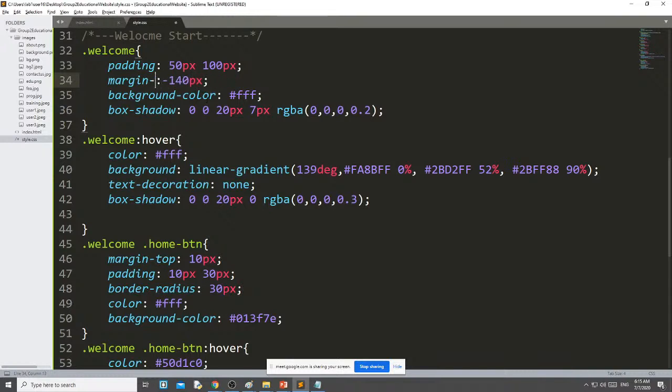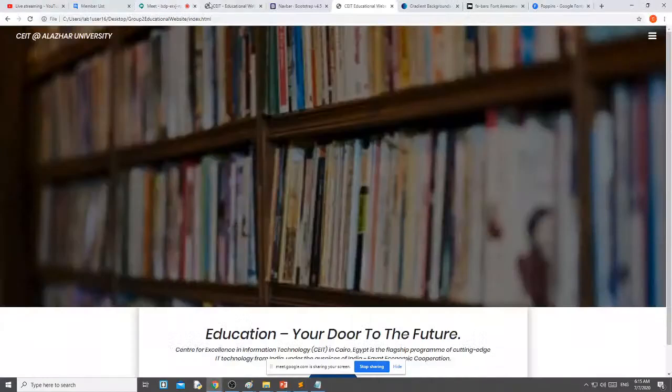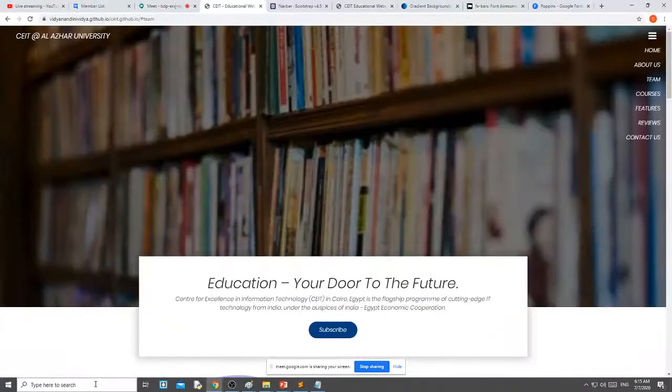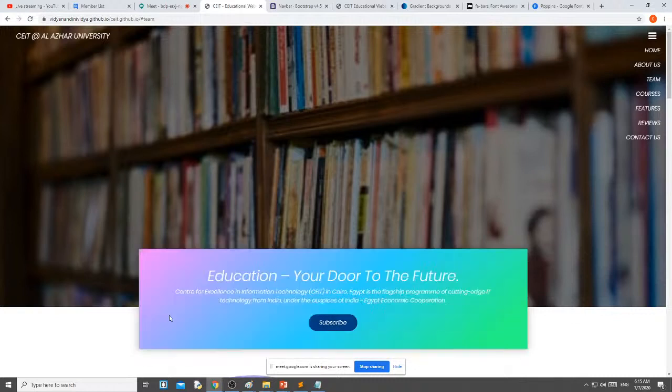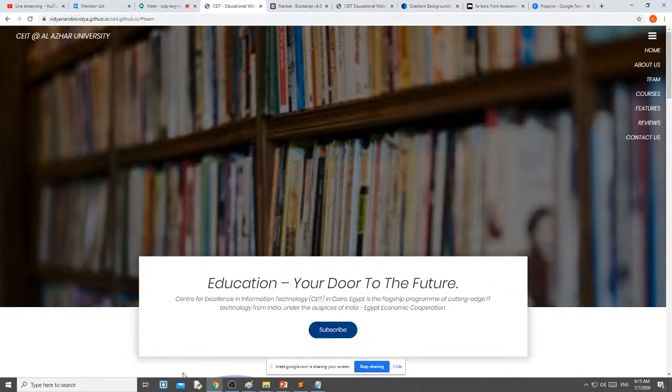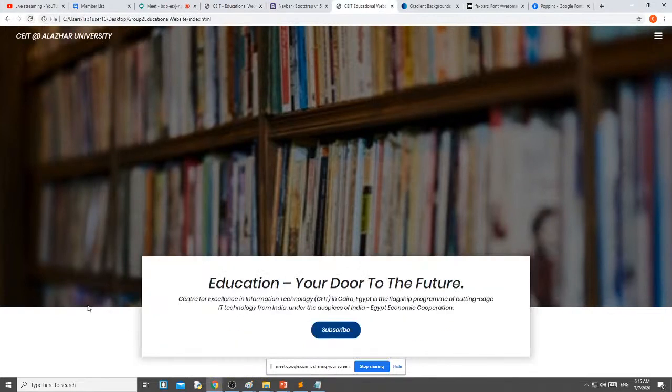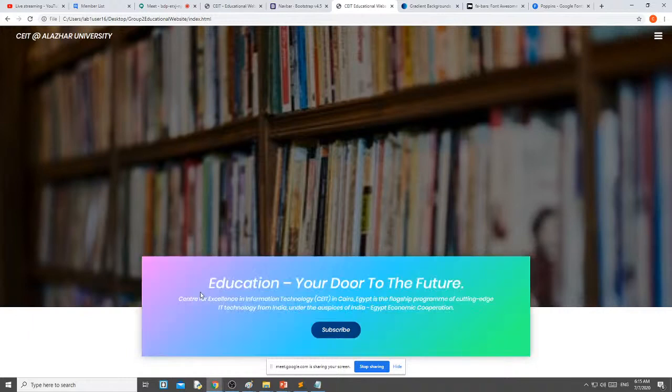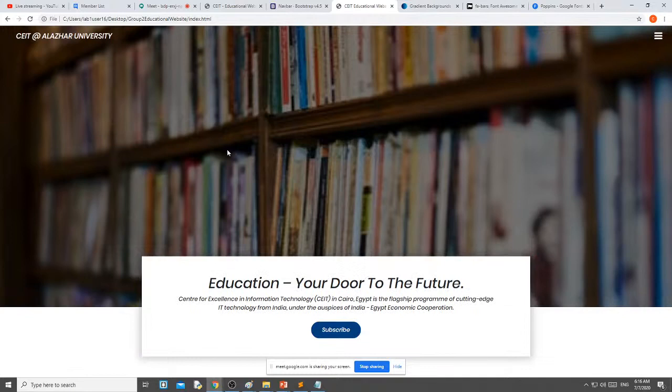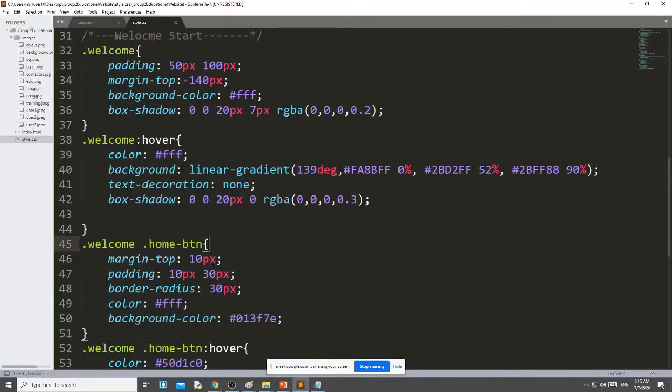And the last thing that I want: just see, when I go over the box, you can see that the box is moving a little bit top. This one here is not doing that. Just see, when I move over the box, it stays in the same place, only the color gets changed, it is not moving. Then how can I move it a little bit top or bottom? By using